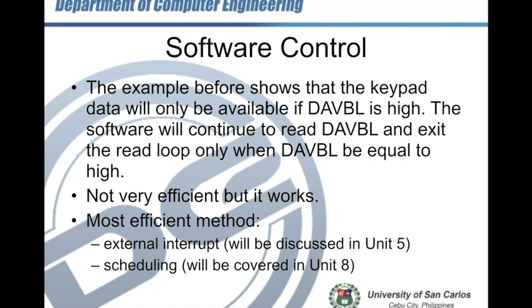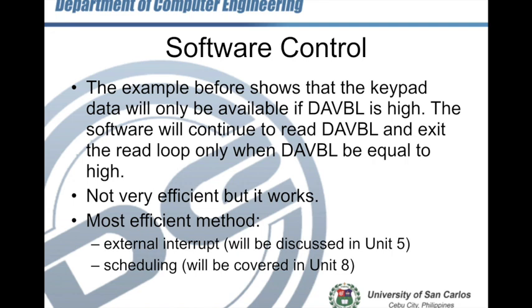So if you press any button on the keypad, that would be ignored by the CPU if the schedule is delayed. That's the downside with scheduling, but it does not require any interruption of the CPU. We will cover all of this in the succeeding units. But for now, the method earlier is our best choice for